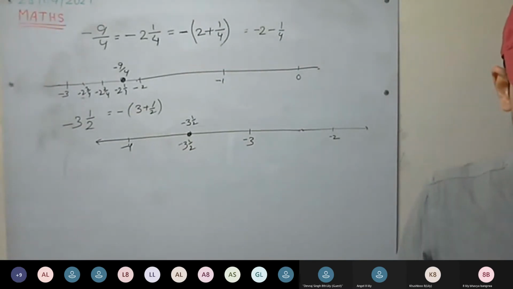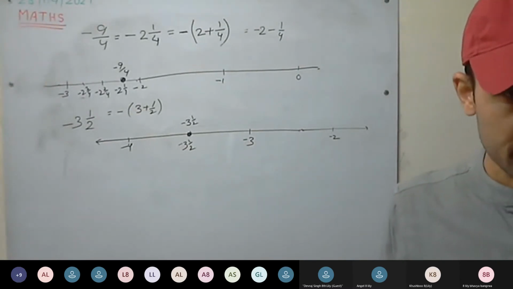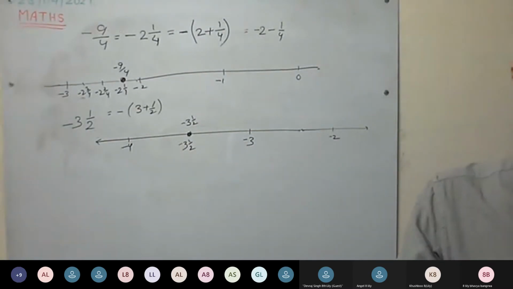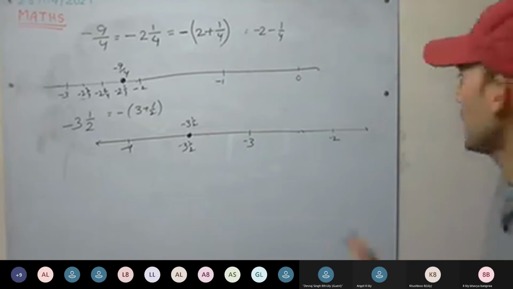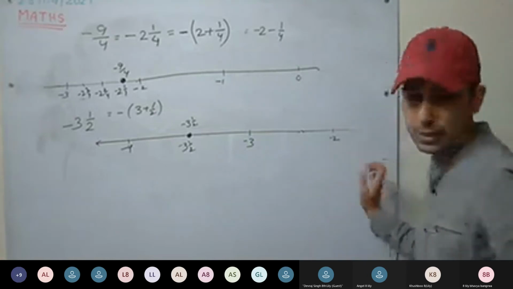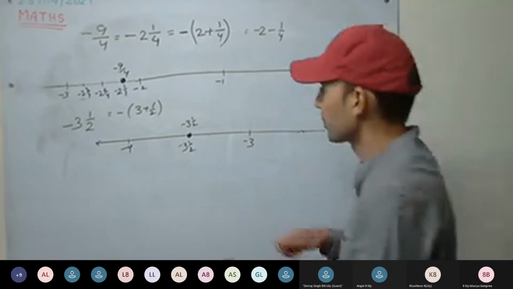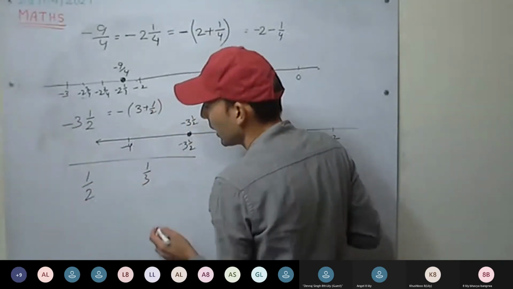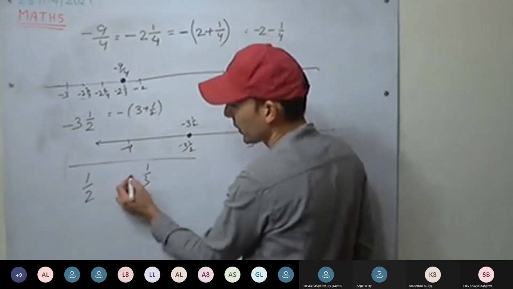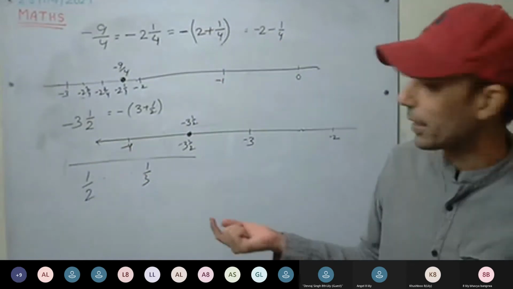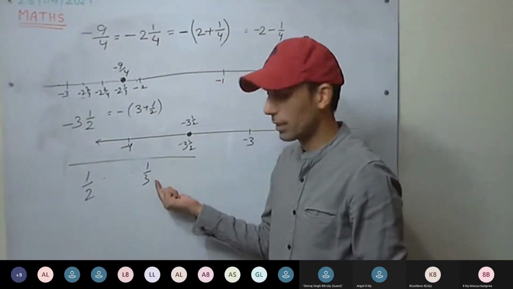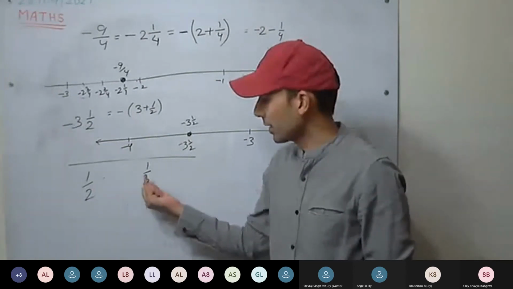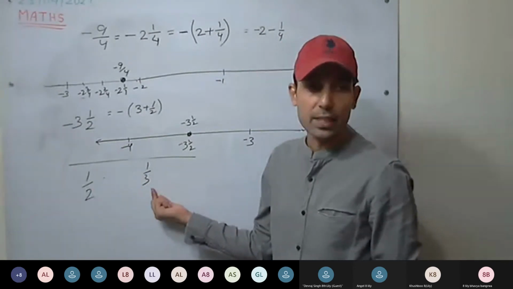Anyone having doubt? Okay. So complete first and second question as homework. Third I'll be doing, and then we'll stop. So the third question is here. We have 1 by 2 and 1 by 3, and we have to insert a rational number between them. Whatever number we insert will be greater than 1 by 3 but less than half. How can we take that?